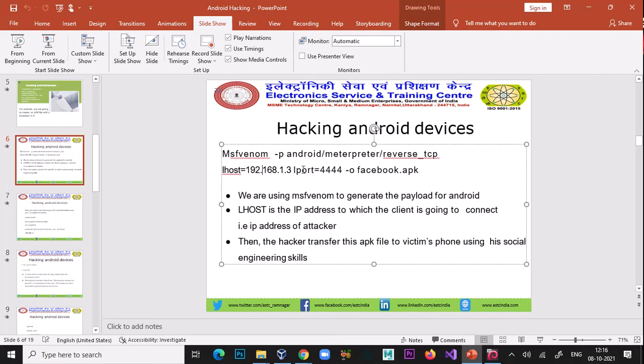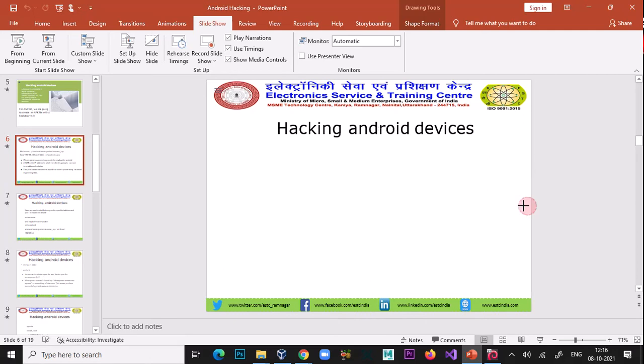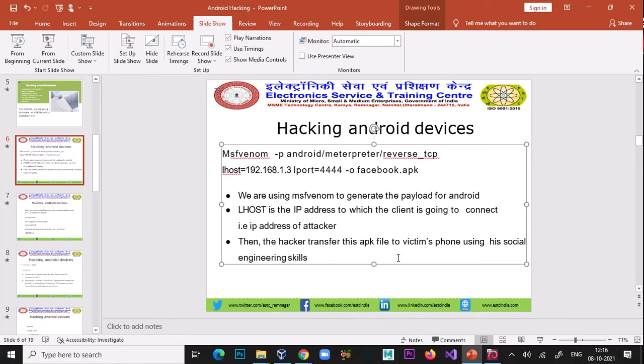We need a few things for that practical: an Android device, a valid internet connection, and a Kali Linux machine installed in our virtual machine or in our main system.